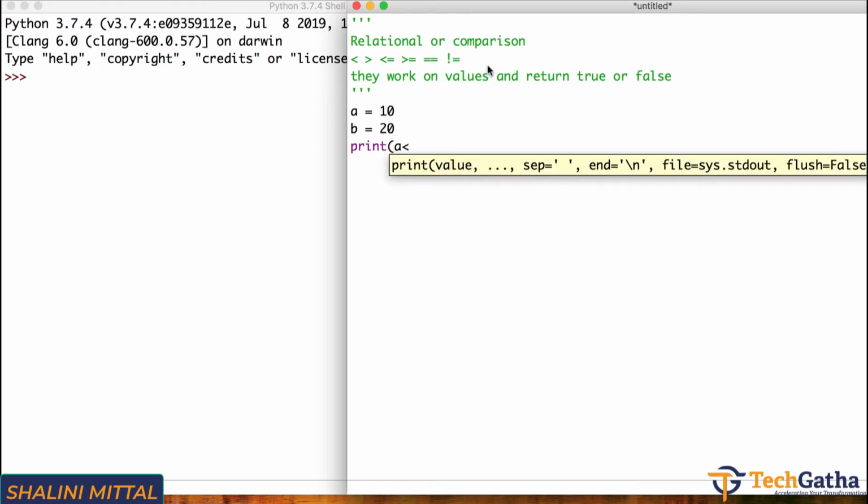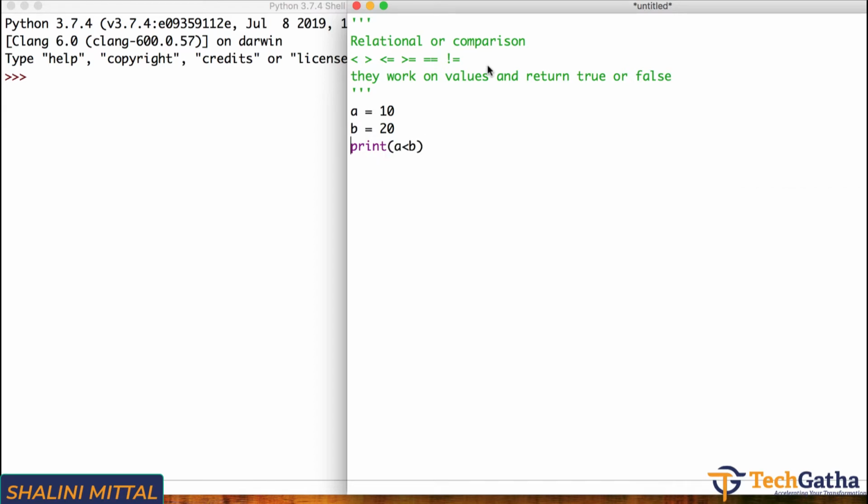If I say A less than B, A greater than B, A less than equal to B. So let me say A less than equal to 10, and here maybe I'll say A greater than equal to 10, and let this be A less than equal to B, this be A equal to B, this be A not equal to 10.